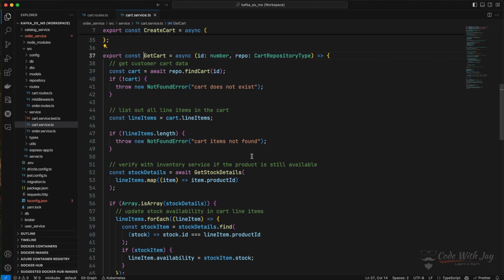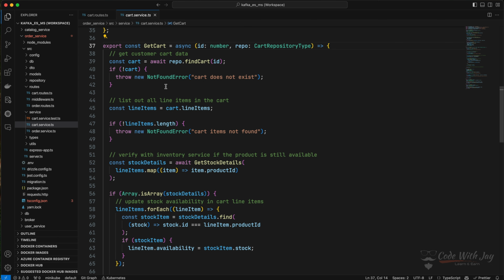So as a backend, it is our responsibility to make sure that while you are going to create the order, you are always providing the updated cart information, right? So the user has already added a couple of items to their cart, and those cart items were lying there for a while, maybe more than 7 days. Then after 7 days, when you get back to the shopping website and try to create an order, definitely the product's stock state is not going to be the same, because maybe the product is out of stock,